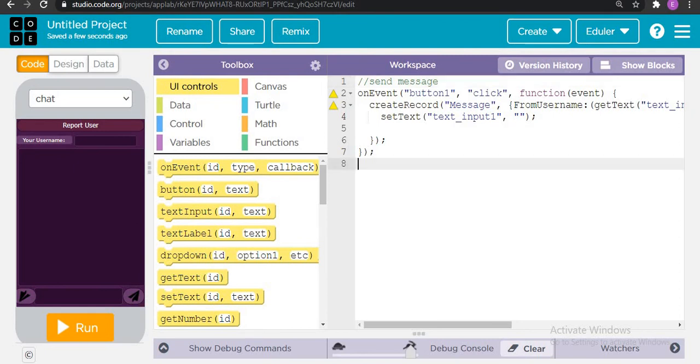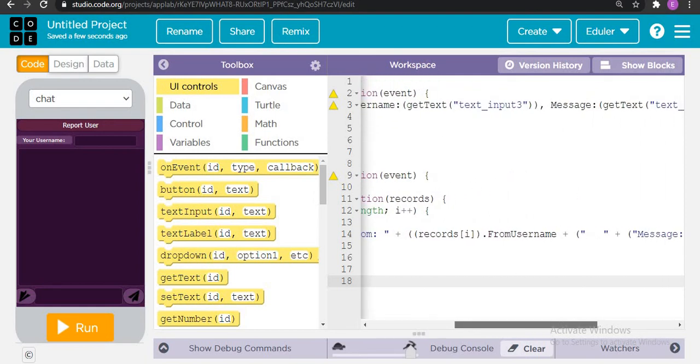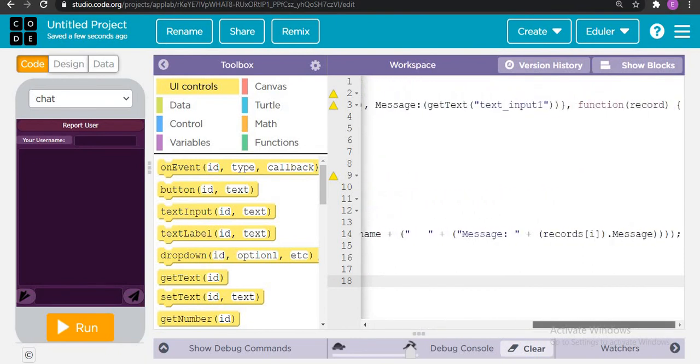Next, in order to receive the message, we have to add code stating that on event when button number 2 is clicked, it should set the text of text area 1 as blank just for now, and it should read the records from the table message, and set the text of text area 1 as the records' username and message. Alright,